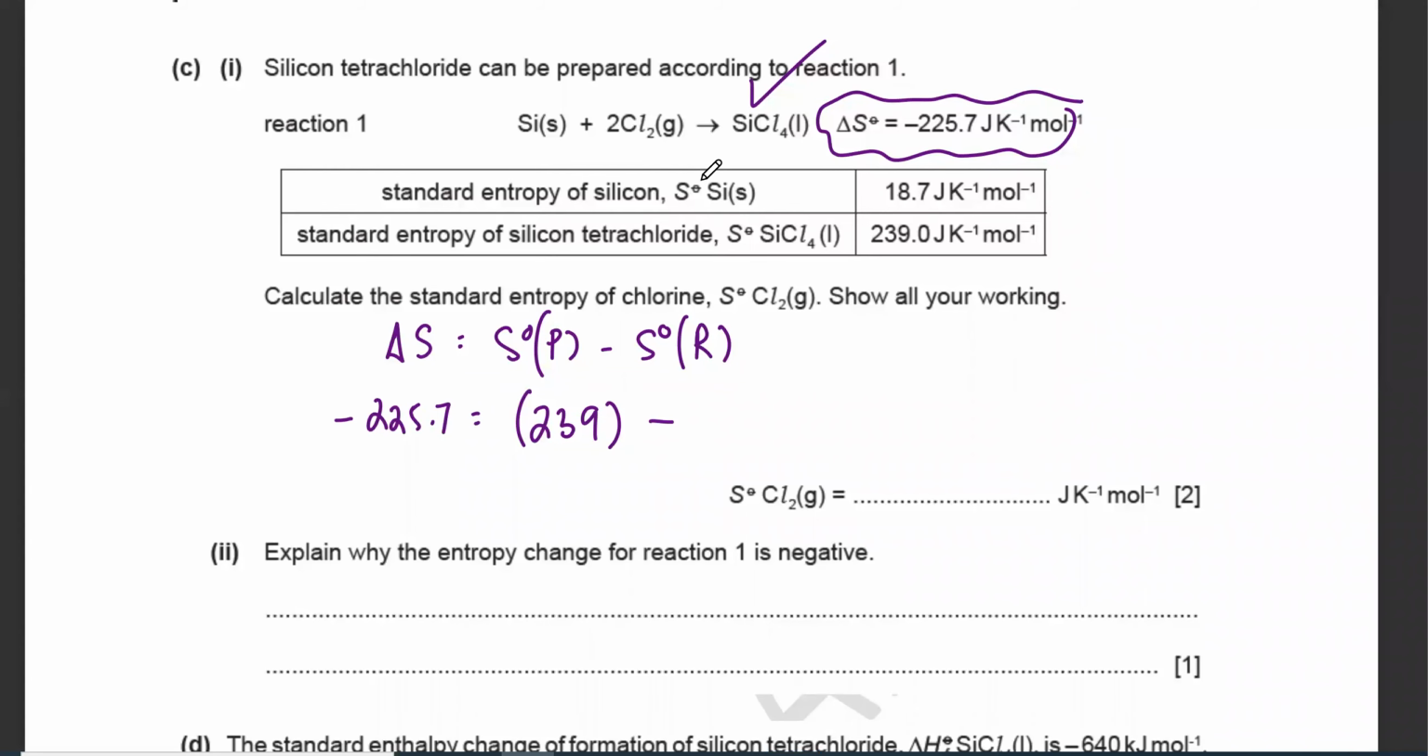Just hold on 1 second. Let me just. Just hold on 1 second. Can you try and find